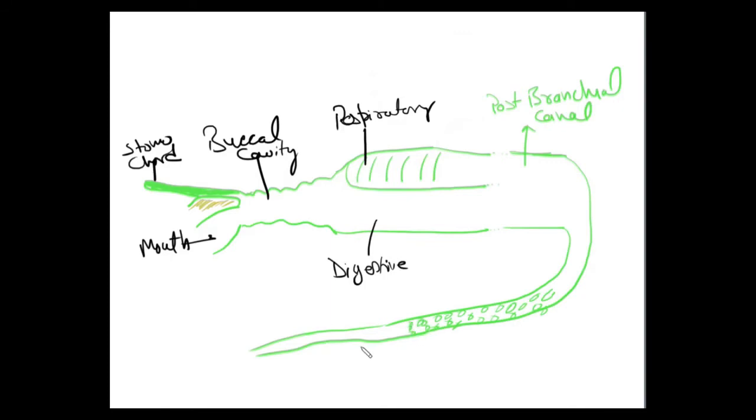The last portion of the intestine resides in the posthepatic region, and this is the posthepatic region. It is a single simple tube with numerous cilia inside it, and it opens out through an anus having the sphincter muscles.